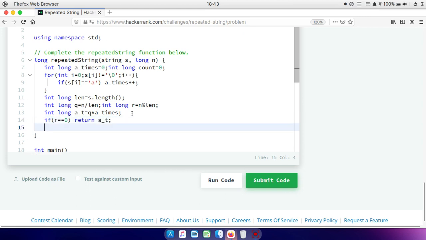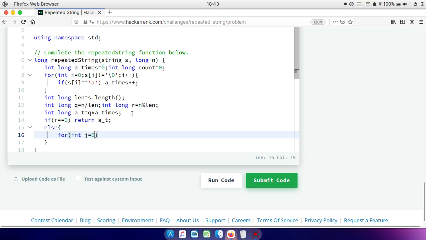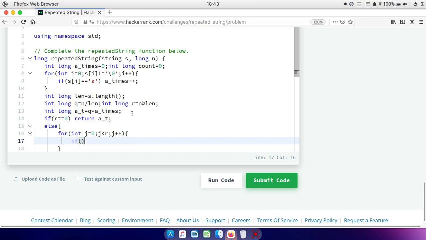or else what we will do, we have to count the number of a's which are remaining in the remainder. So for this we are also going to iterate a for loop, int j equal to 0, to calculate the number of a's which go to r, and j plus plus, and if there is a, then we simply increment our count.